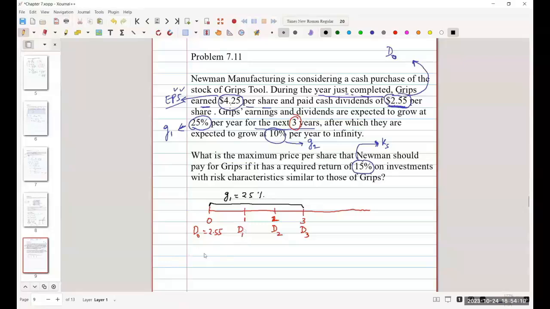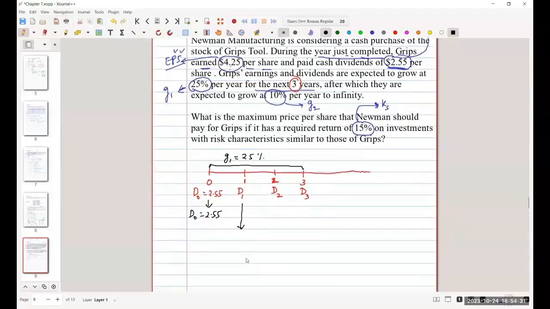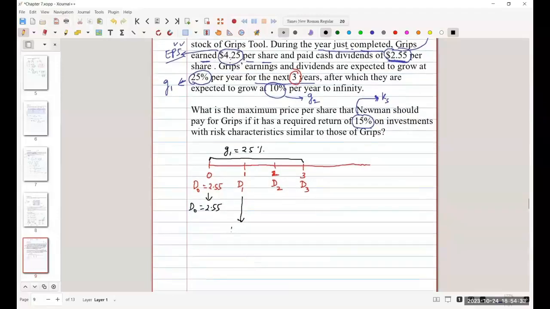So let's write down the values. If D0 is 2.55, then what should D1 be? D1 should be D0 multiplied by 1 plus G1. So this should give us 2.55 multiplied by 1 plus 25% of that. So this will give us